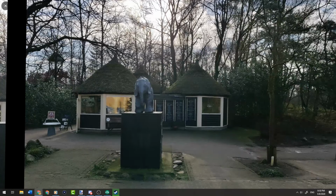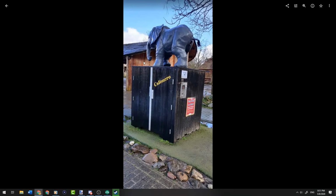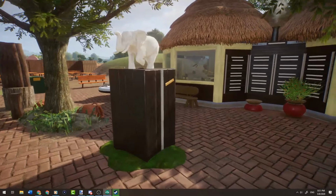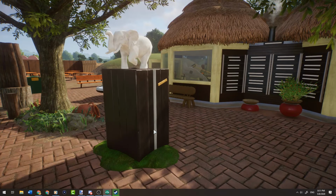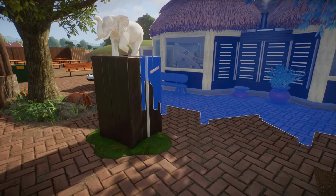That's the only downside of the panorama photos. We have to actually exit it. Over here we've got this little donation bin, and there is actually a donation bin inside. It's one of the very few ones in the park. But a big focus for me making this park has been...